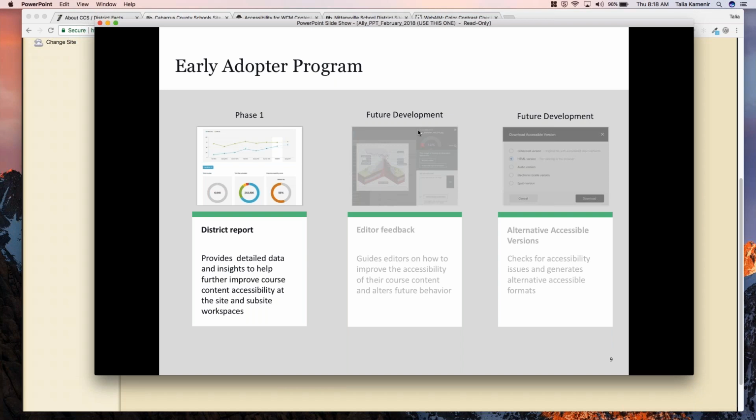Phase 3 is what everyone's really most excited about, and that is the alternative format. So it will basically say to you, your document is inaccessible. Here is a new version that you can download. Okay, so obviously everyone's very excited for that phase. We are not at that phase yet. We are in phase 1A, meaning